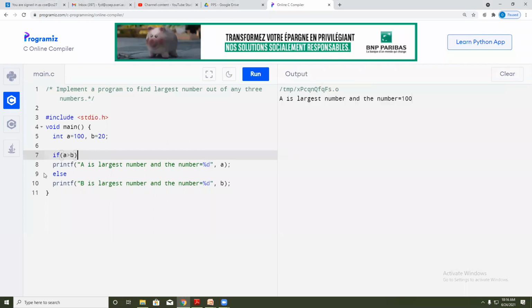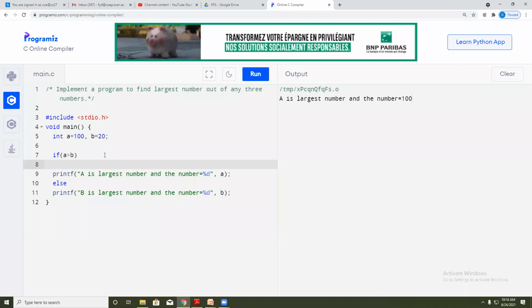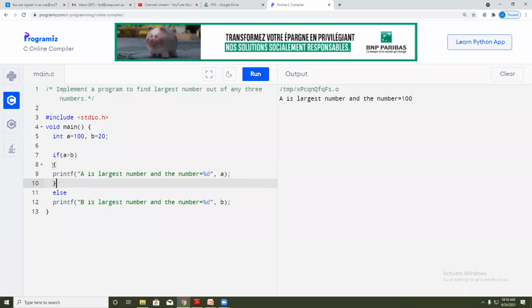If you have only a single line, there is no need to give curly brackets. But if you have multiple lines or any other logic, as we will see in the examples, then you should give the open and close curly brackets.